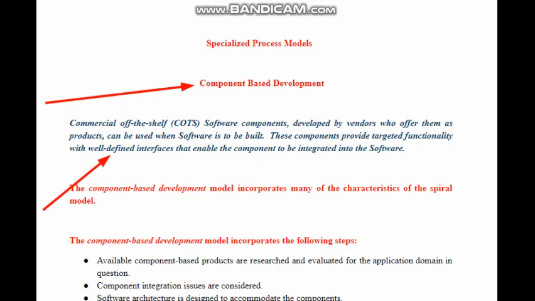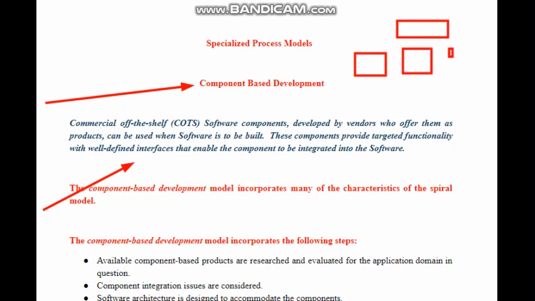So we can purchase the transaction component and easily integrate it with the billing, or with the login or logout component. In the incremental model, I also told you about modularization and the modular approach, which is a very important concept. Suppose this is your software product, and it can be built in terms of different modules.